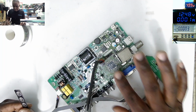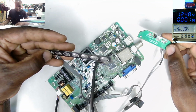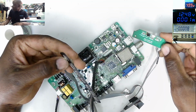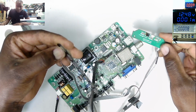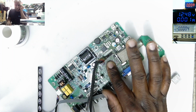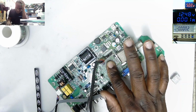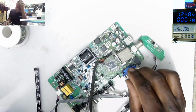So let's see now after reflowing. We do have standby light. Pressing. Our TV is still stuck on standby, and this chip is getting very hot. So actually that's where I stop. I can't fix this one